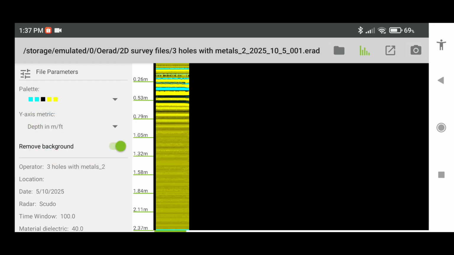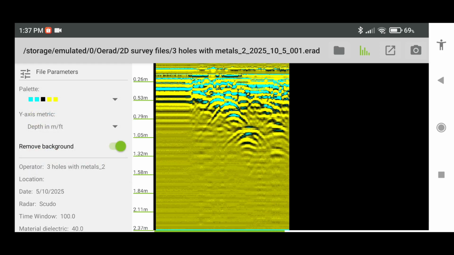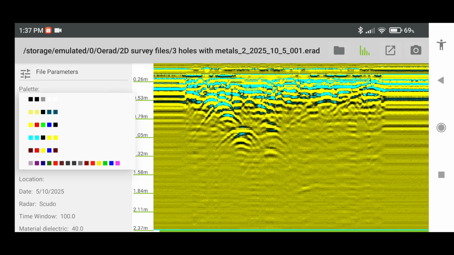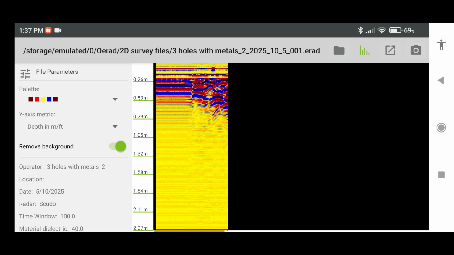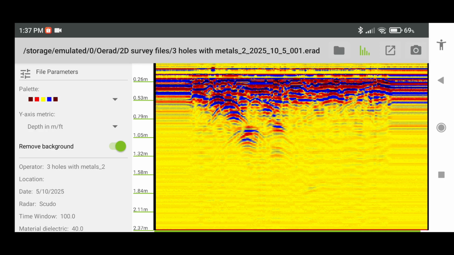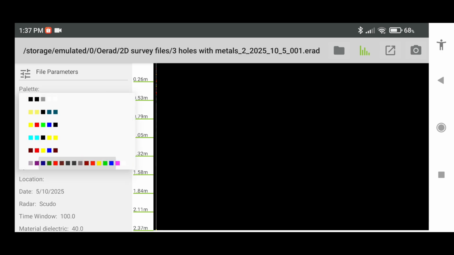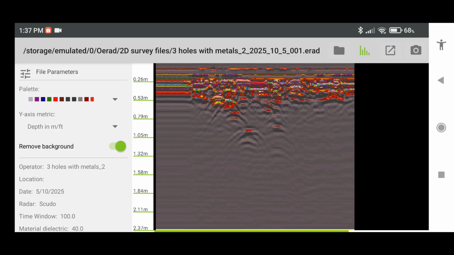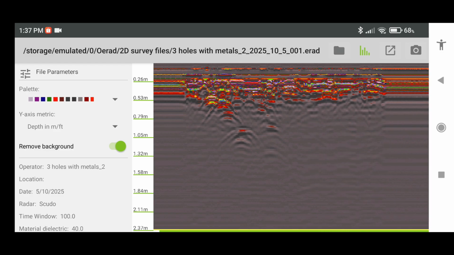Fourth. Fifth. And sixth palette for the 3 holes with metals. Okay, for convenience, I already made screenshots of no metals and with metals.